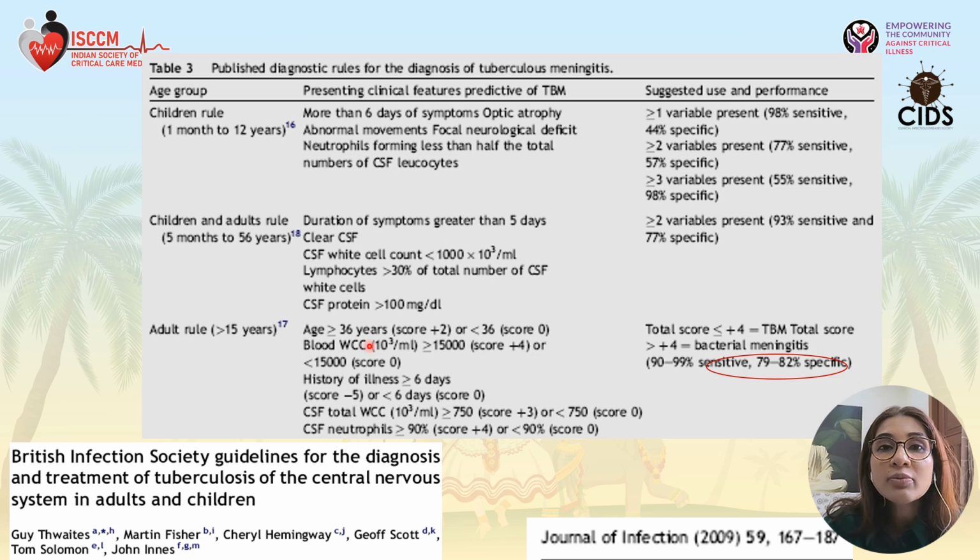So, is there any clinical prediction rule or criteria which can help in the diagnosis of tuberculosis while we are awaiting the test results? There is the modified Thwaites criteria, which consists of age less than 35, peripheral WBC of less than 15,000, a CSF WBC count of less than 750, and a CSF neutrophil count of less than 90%. Each of these is given a score of 0. The fifth parameter, which is history taking, a history of illness more than 5 days, is given a score of -5. So adding all this, if the total score is 4 or less, then it is suggestive of TB meningitis